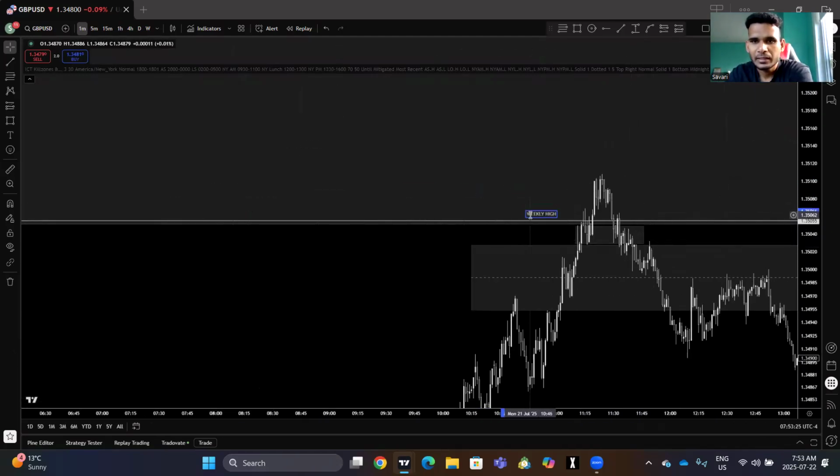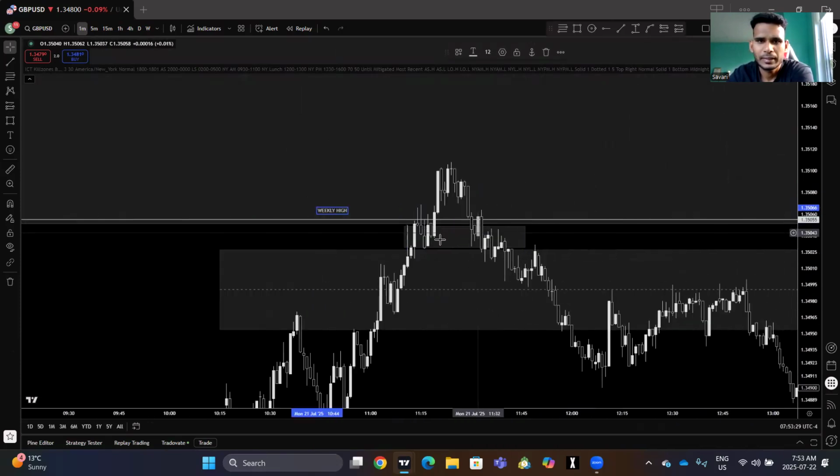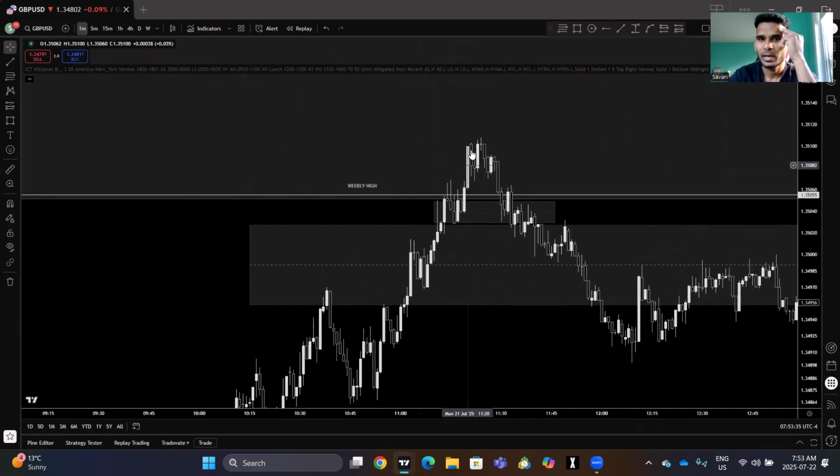As soon as the weekly high was taken, as soon as the price entered the weekly fair value gap, what happened next? It's kind of a quick flash, bro. I expected the price to reach this high one more time, but it didn't. It just flashed all the way towards the downside.